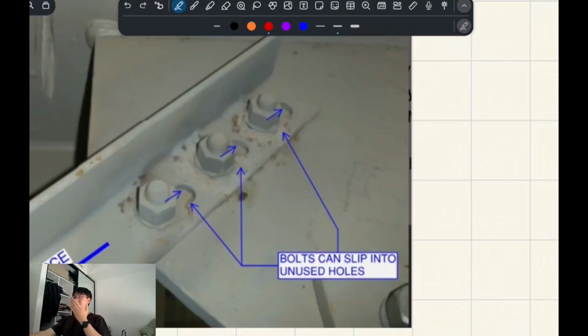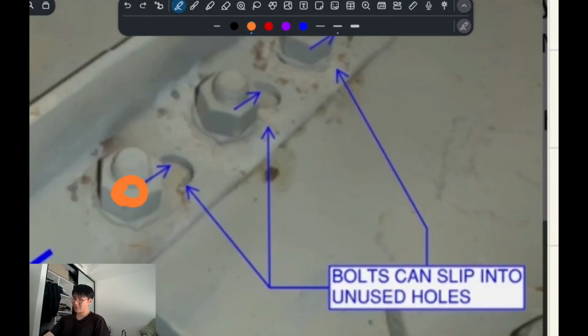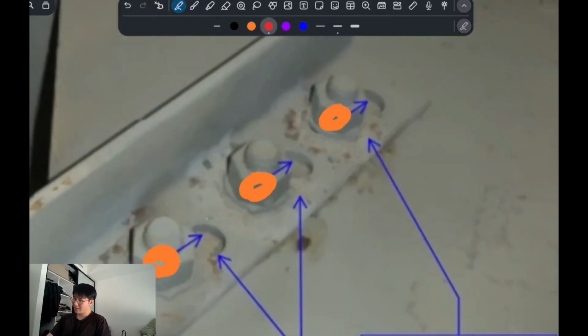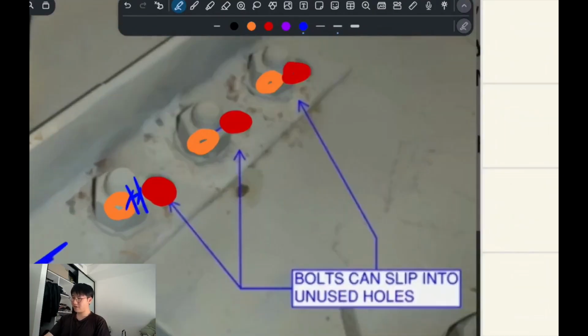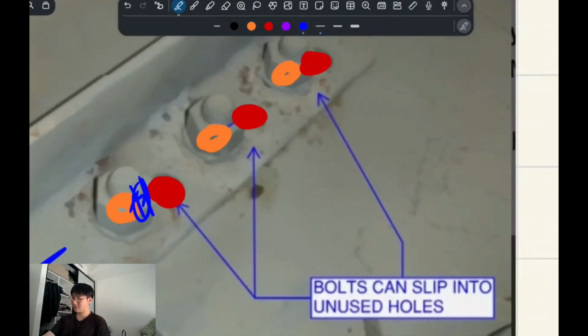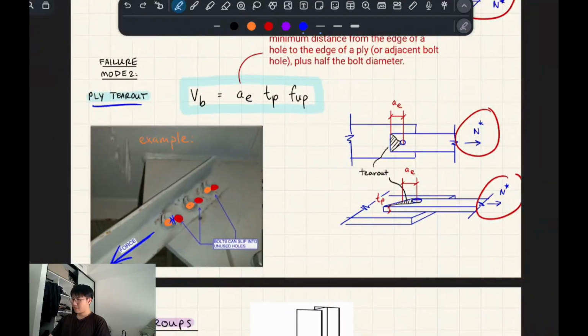So if you imagine the bolt actually has a hole here that it's going through, and then the existing hole, right? You can see that the distance between these 2 holes is pretty small, and so if you have a tension force that way, it will just rip out, right? Because you basically have no steel material resisting this. Okay,